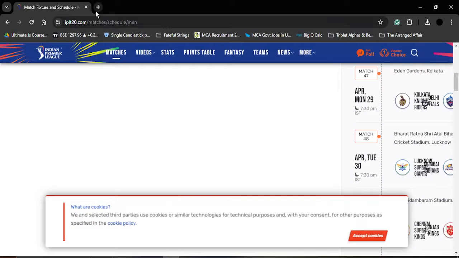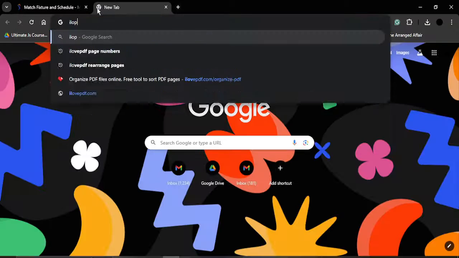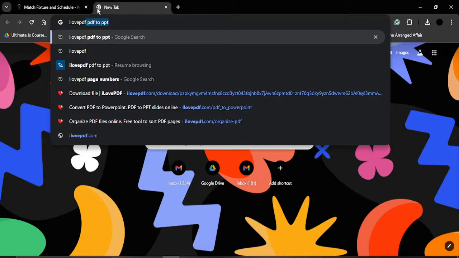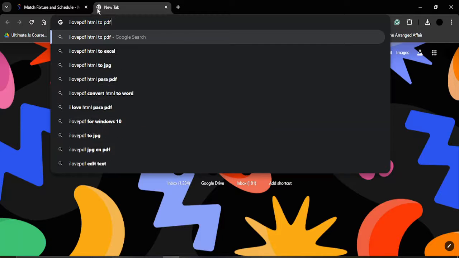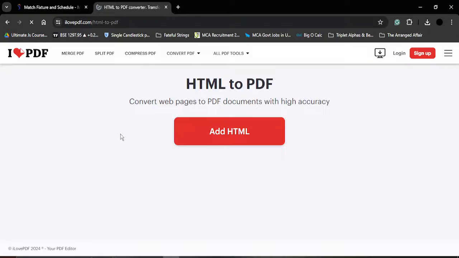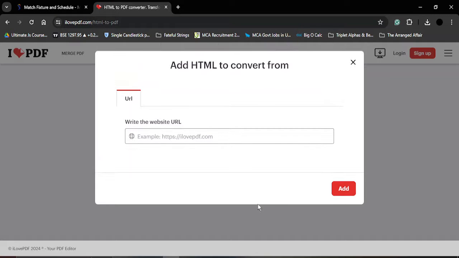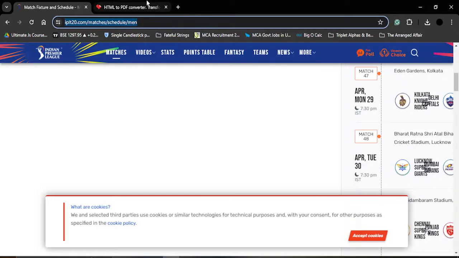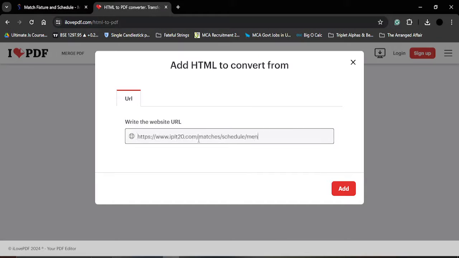Now the second way of doing this is using an online tool. Just search for the online tool I Love PDF, and what is our intent? Our intent is to convert an HTML page to a PDF page. Once we Google this, we will get the first link, HTML to PDF converter. Click on add HTML, and here we need to just copy the URL of the website and provide it and